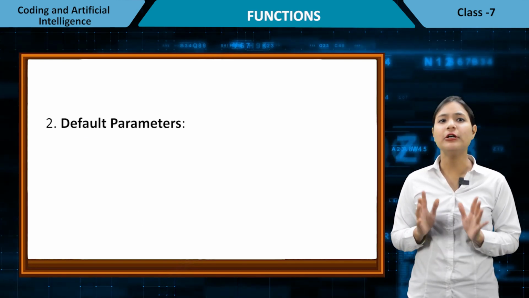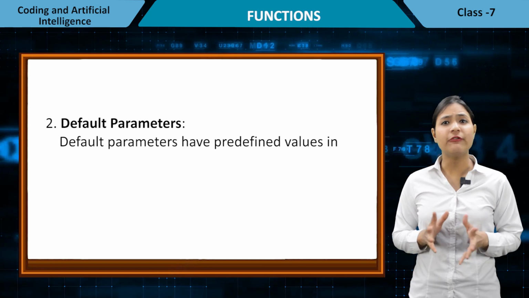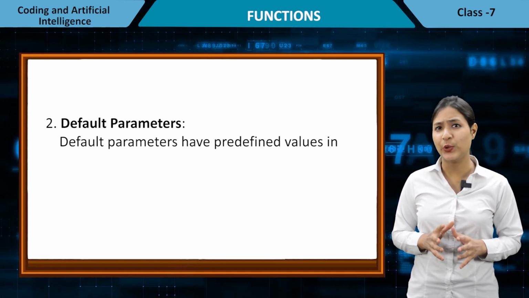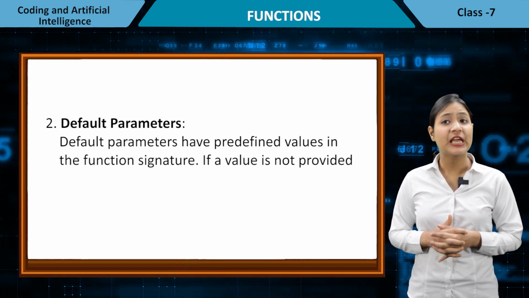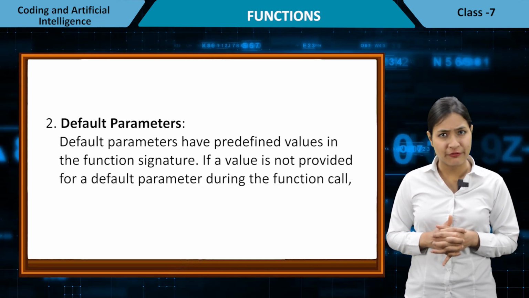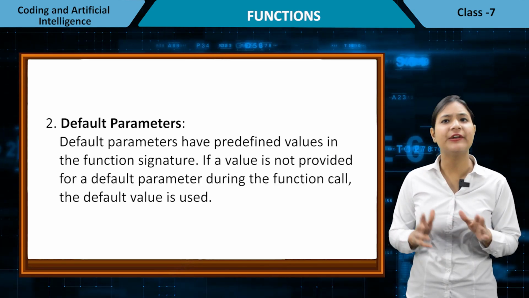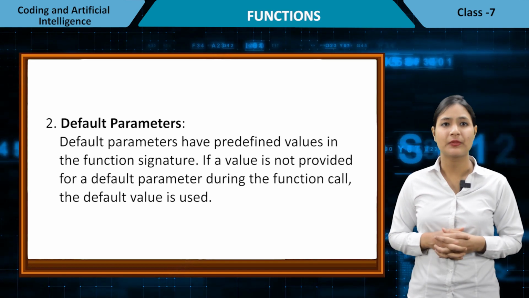Second, default parameters. Default parameters have predefined values in the function signature. If a value is not provided for a default parameter during the function call, the default value is used. Example: